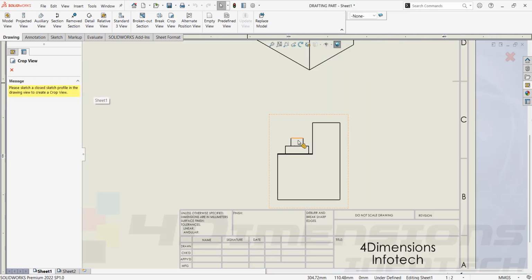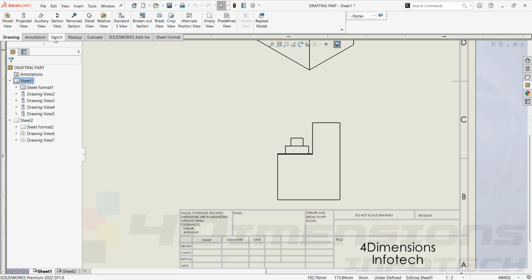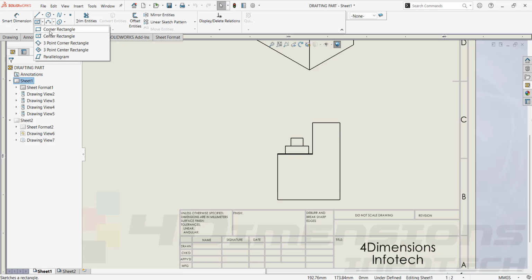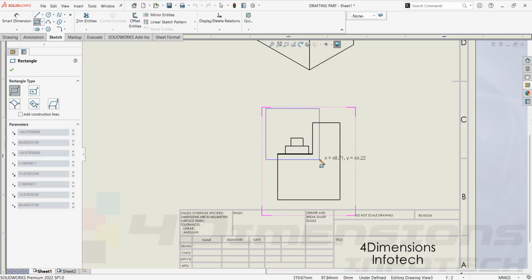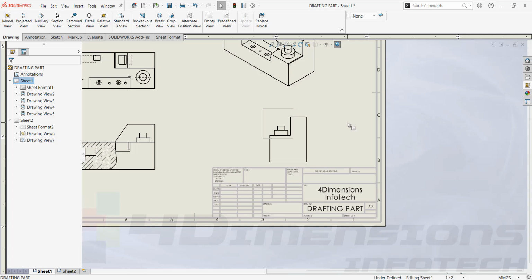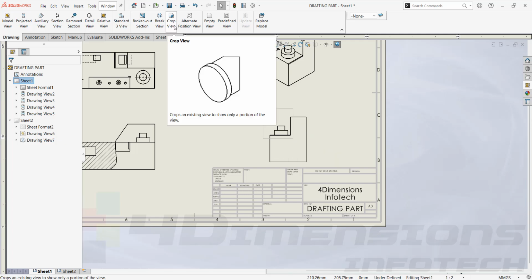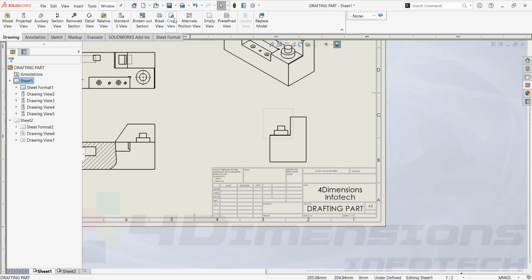Next view we are going to cover here is crop view. For that it will ask you for the sketch first. So instead of directly going for crop view, we'll make one sketch, one closed entity. I'll say corner rectangle. One more thing you have to keep in mind: if you are going for crop view on any view, and that particular view is related to another view type, then we cannot go for crop view on that view. It is because if I have taken a detail, section, auxiliary, aligned section or any type of view from this particular cropping view,